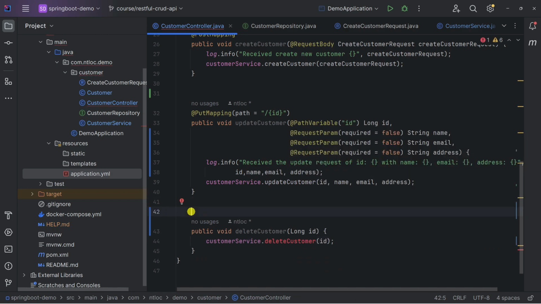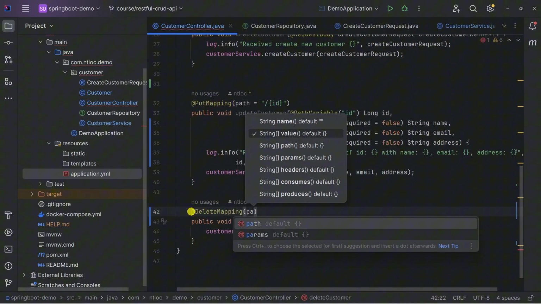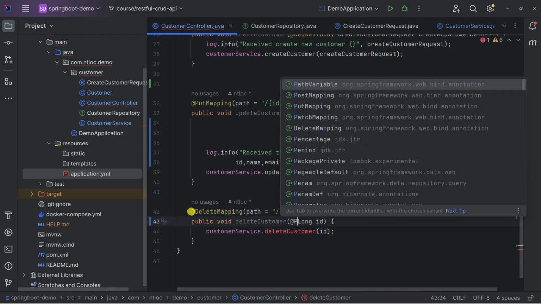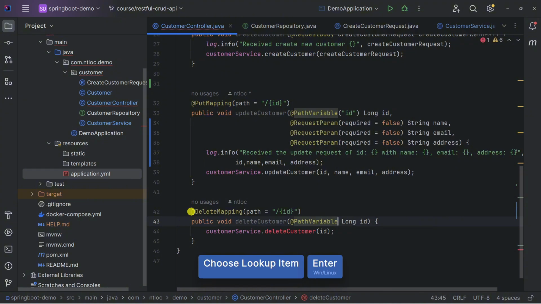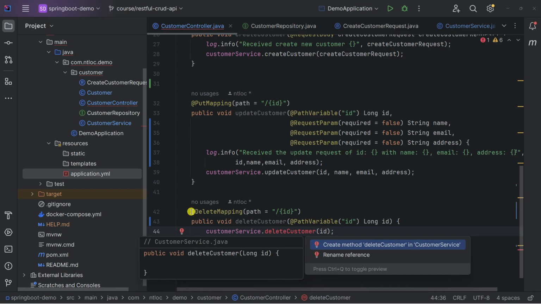On the method we need to add the annotation DeleteMapping, and the path is ID, and in the parameter we also need to have PathVariable, and the value is also ID. And let's create a method.